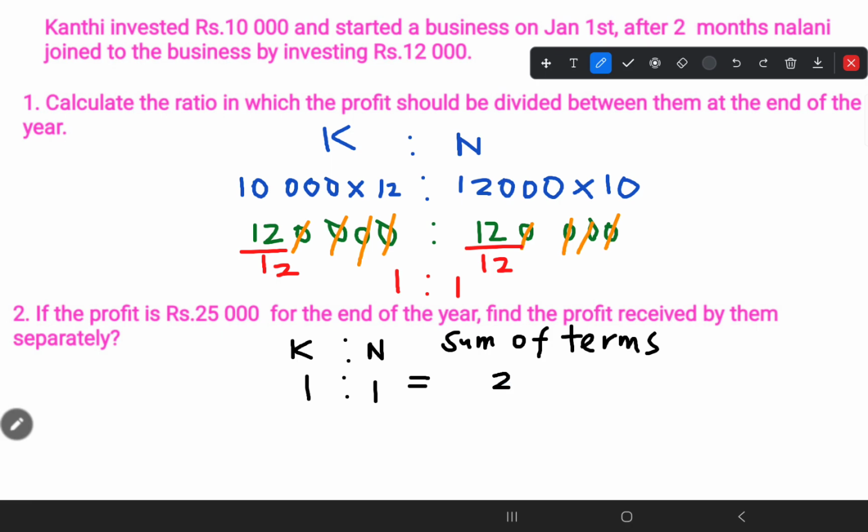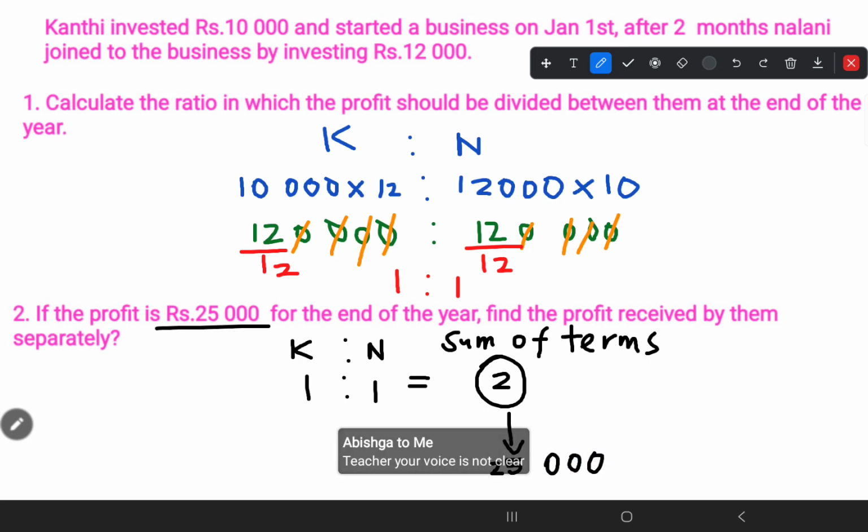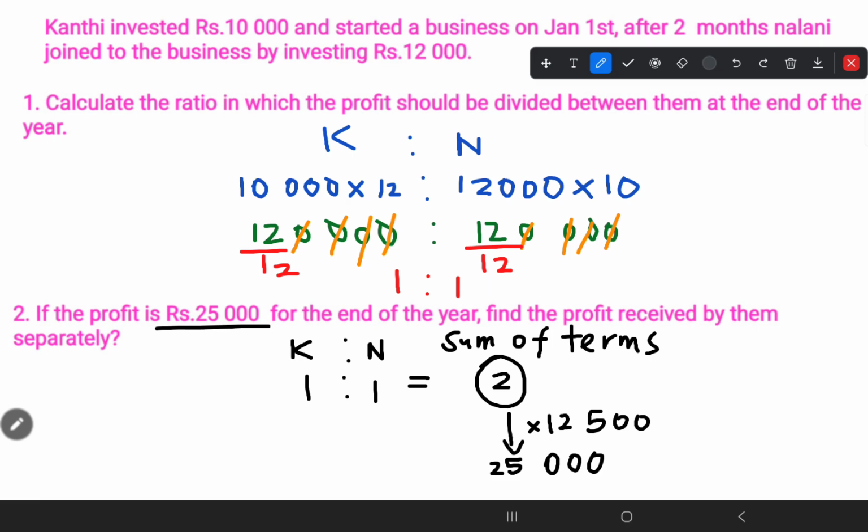This 2 portion is not 2 rupees or 2 lakhs or 2,000. It is just a portion. This 2 portion is denoting the total. We know in amount the total is 25,000. So 2 portion is denoting 25,000. So 2 multiplied by 12,500. Likewise, you can multiply 1 times 12,500, that will give you Kanti will receive 12,500 rupees. And Nalini also has the ratio of 1. 1 times 12,500, she will receive